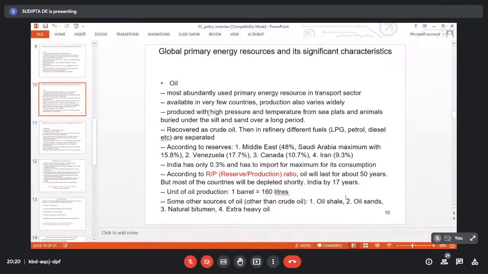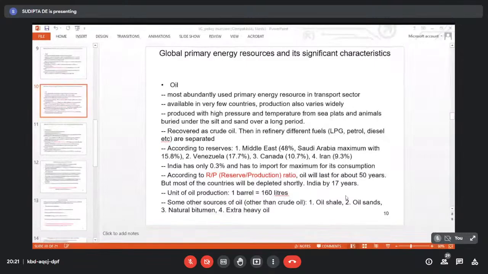And from your knowledge of organic chemistry, you know a large number of hydrocarbons can possibly be formed. They are not only straight chains, they can have different alternative options of forming the chains. So all these hydrocarbons ultimately contribute to the calorific value of that particular composition. So what is done, the import is done not on the basis of diesel or petrol or something like that. The import is done with respect to the crude oil.